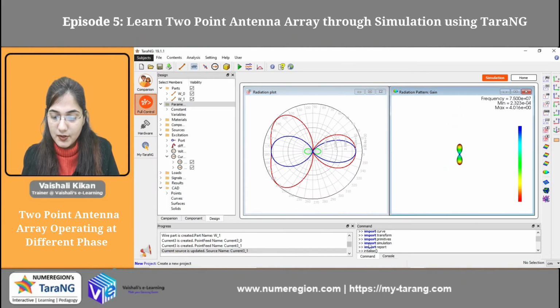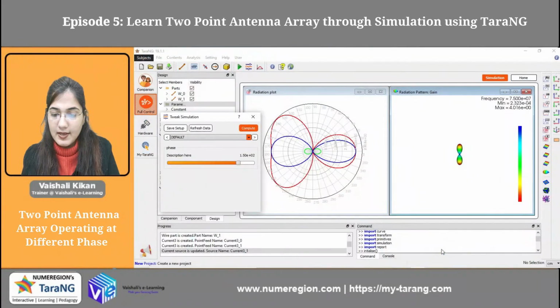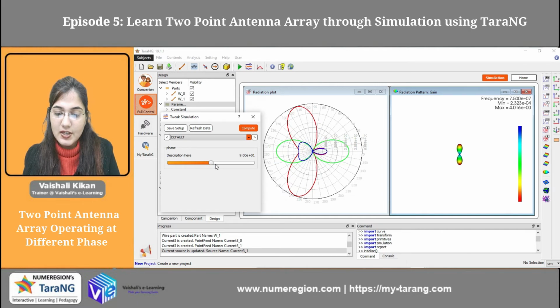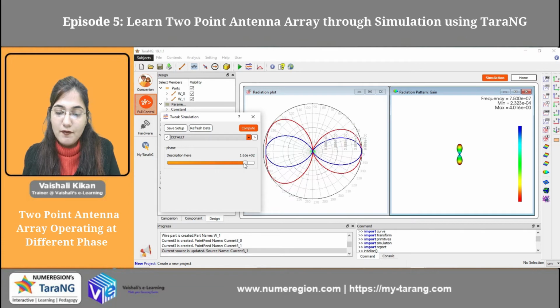So now you will be observing the radiation pattern as well as the polar plot. You can see this is the broadside radiation pattern. Then I am going to change it. So you can slide it and observe how the radiation pattern is changing as I slide it. By 15 degrees the phase is changing and our radiation pattern is changing by some values. You can see the radiation pattern is shifting from the vertical direction to the horizontal direction, and from broadside I get the end fire radiation pattern.